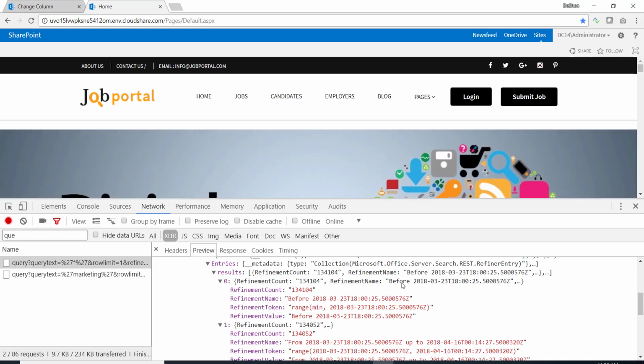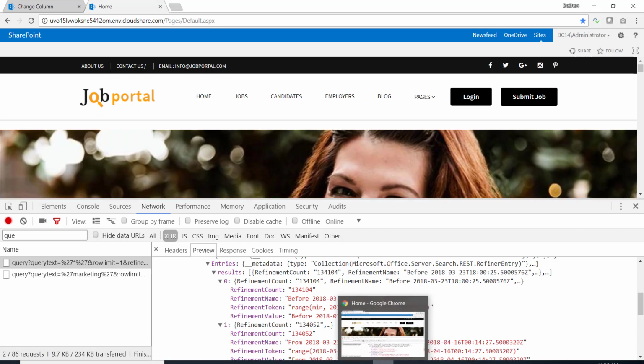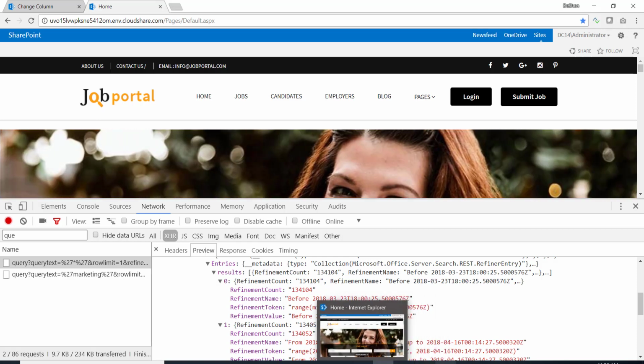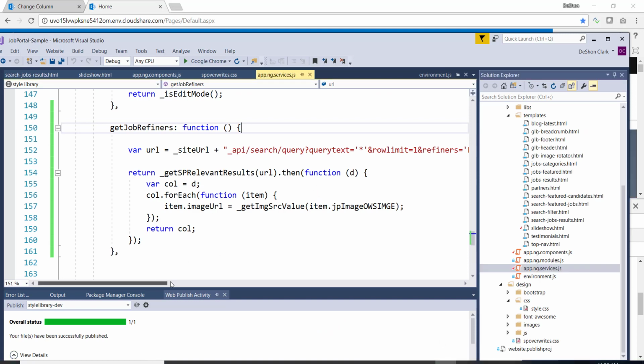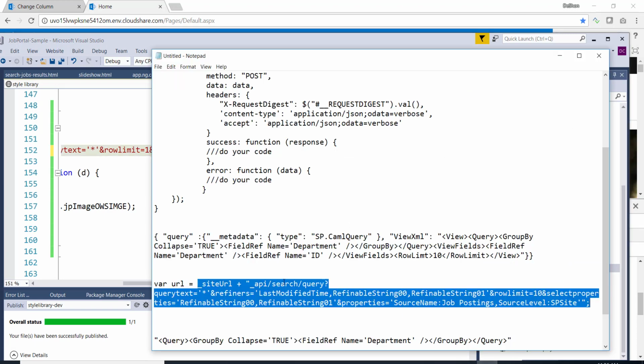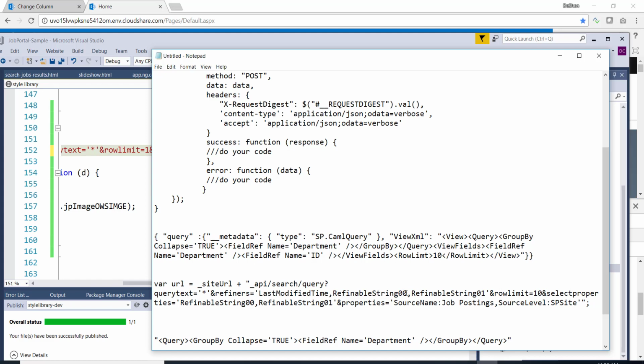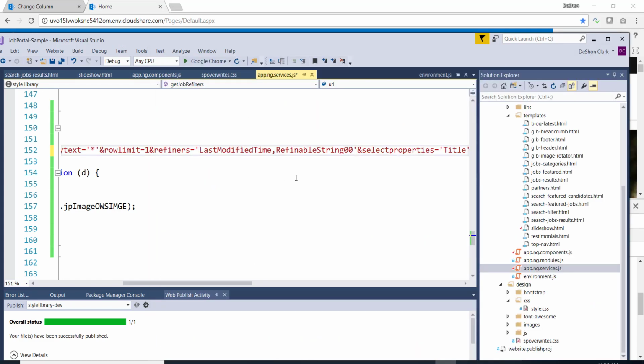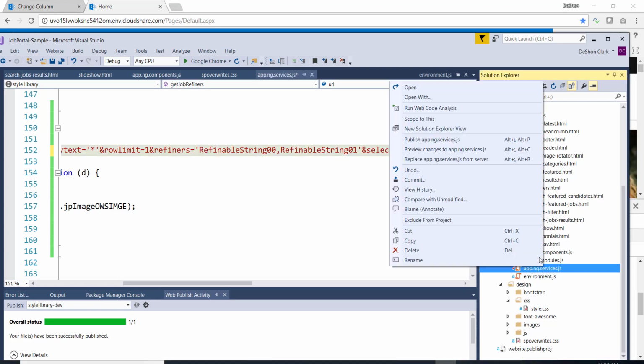All right, so because we're not going after, we really don't care about the last modified time. We want to go after location and department. We want to go ahead and add those in to our parameter. So that's going to be, I dare not try to type this from scratch. Let's just grab one of these and put the 01. Let's get rid of last modified time because that was just our test, and push these